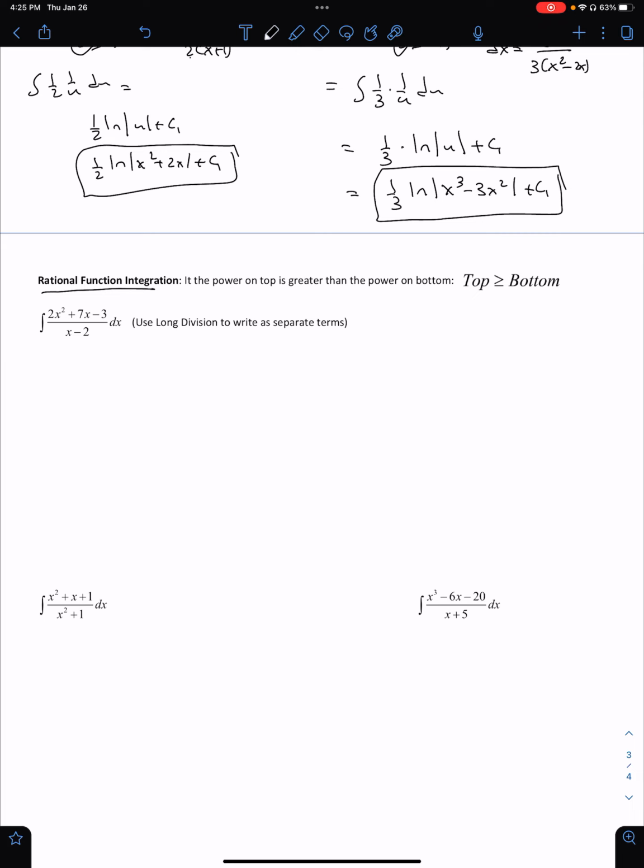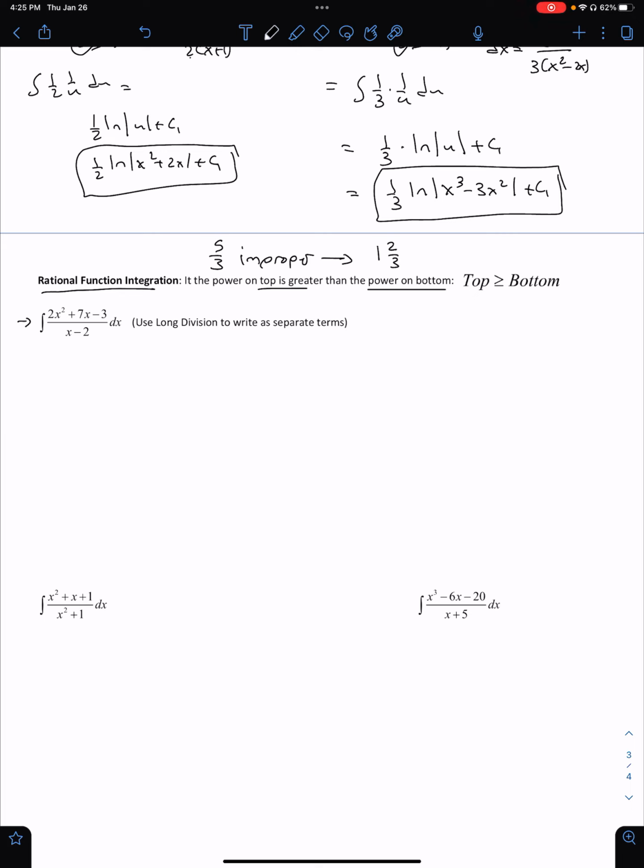For example, let's think about a number like 5 over 3. This is what we call an improper fraction. Well, we don't like that, so we're going to write this as a mixed fraction. I can write that as a mixed fraction by writing this as 1 and 2/3. We know to write this as a mixed number because the number on top is greater than the number on bottom. We can also do the same with